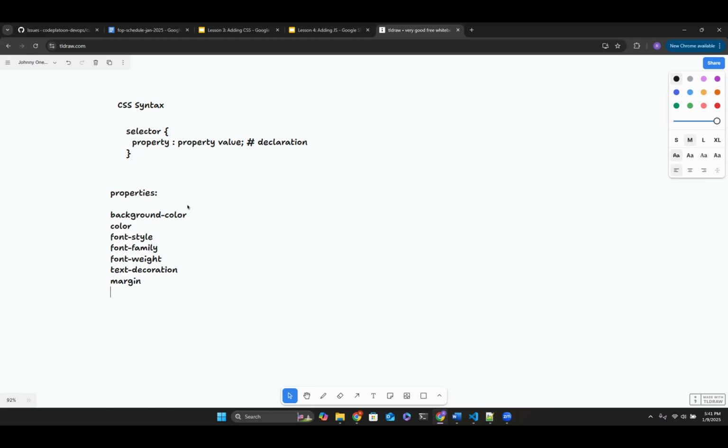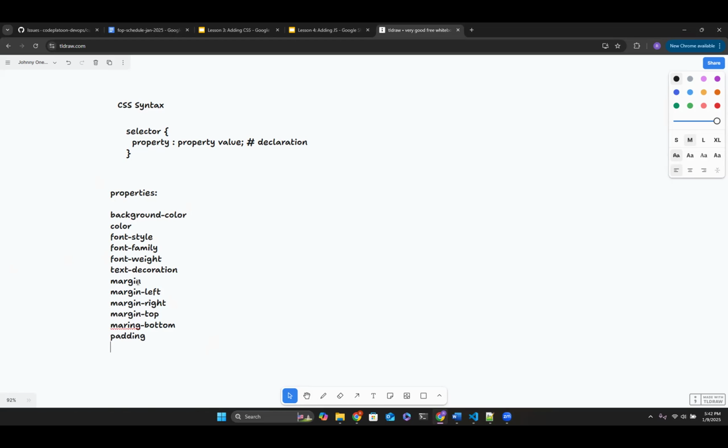We saw margin, we saw padding, and maybe I didn't elaborate too much on these, but when you define just margin or just padding, this is going to take all sides, right? Top, bottom, left, and right. We can also specify margin left, margin right, margin top, and margin bottom. And the same thing with padding: padding left, padding right, padding top, padding bottom. So you can specify very specifically where you want to add the type of style. Do you guys remember any other ones?